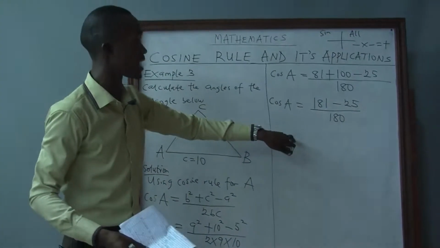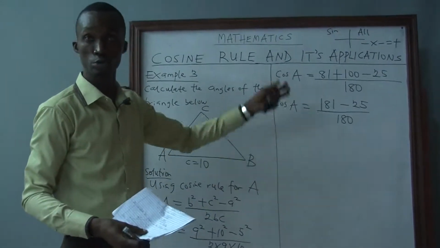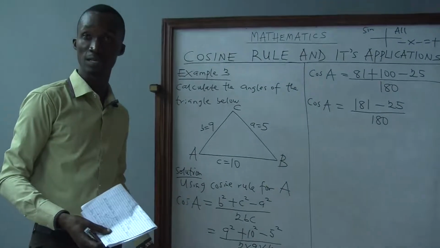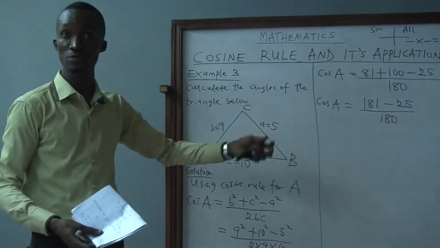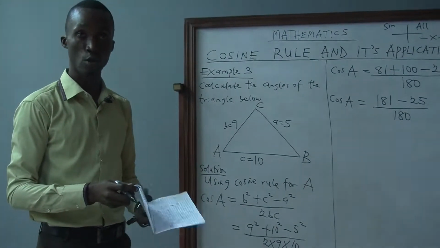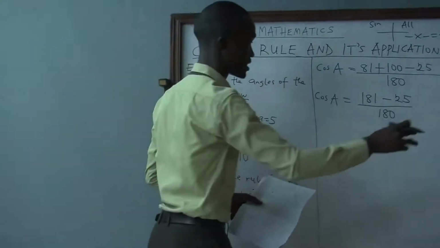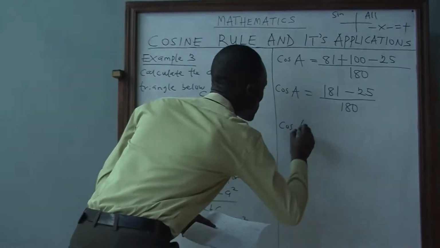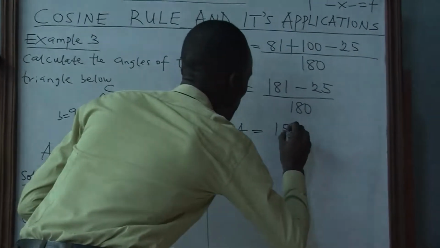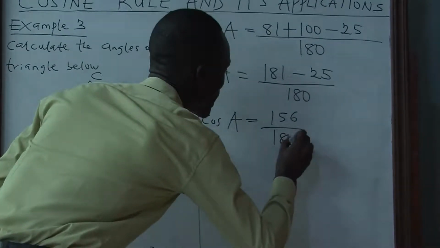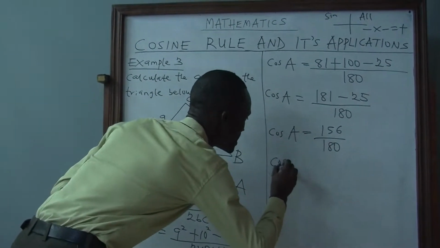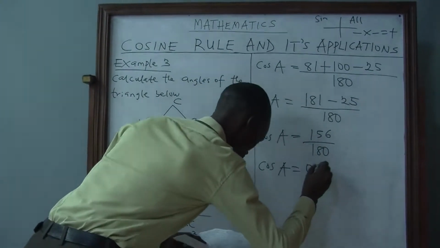The final answer at times may earn a student just a mark, but the whole question may be for 5 marks. The other steps will earn the student 4 marks. So by ignoring some steps, that is not okay. We have to show all the steps that are needed. So from here, cos A is equal to 156 over 180. So if we press our calculator for 156 over 180, then we have cos A to be